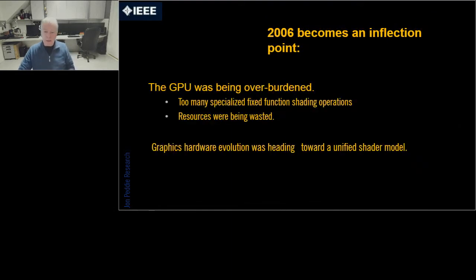2006 was a big change for us because what we were doing is we were putting processors, again, integrated graphics were taking advantage of Moore's law, and we were putting more and more processors into the GPU, but the problem is we weren't utilizing them very efficiently.